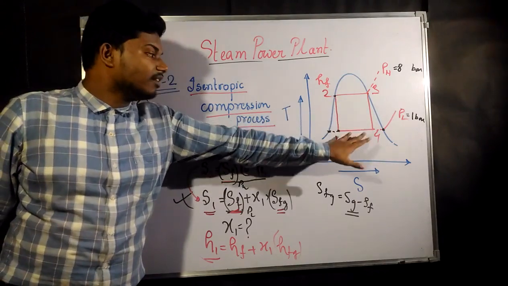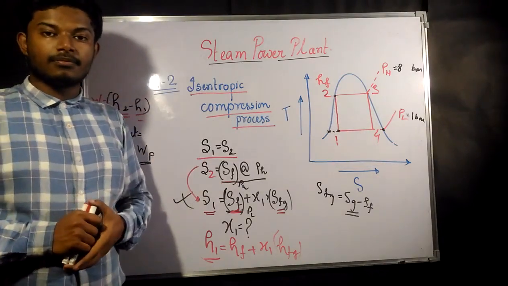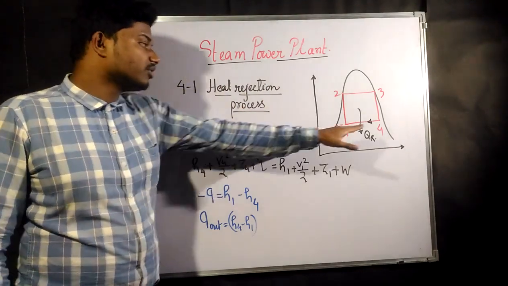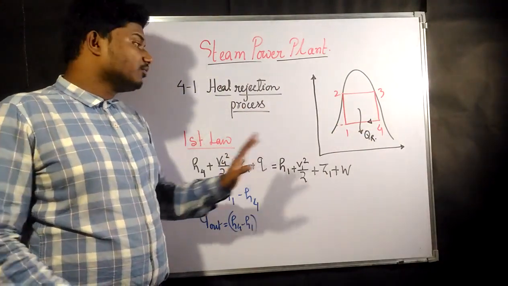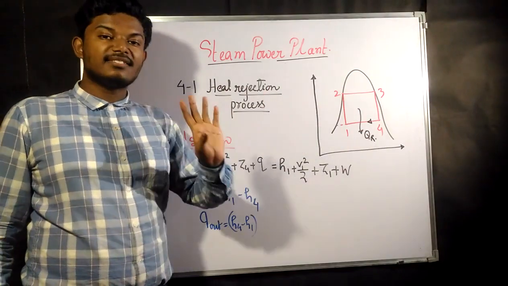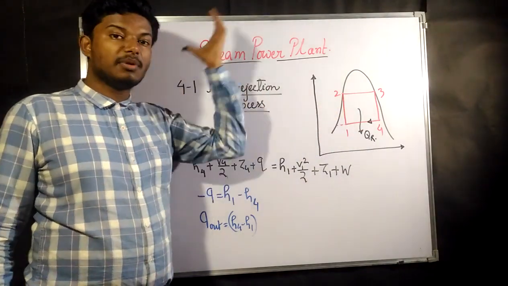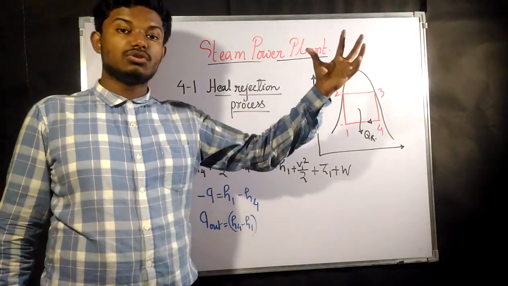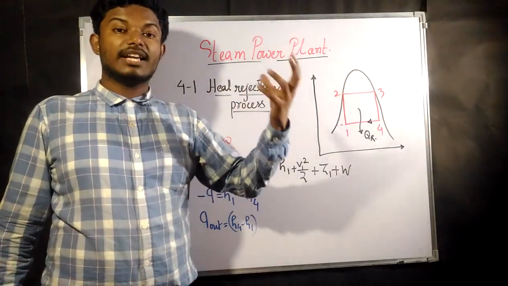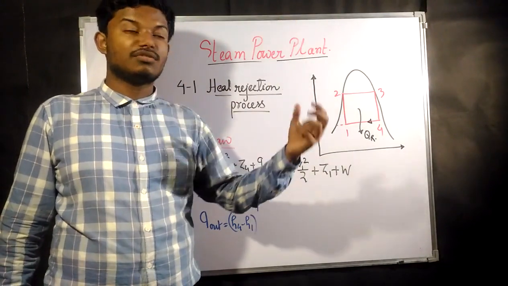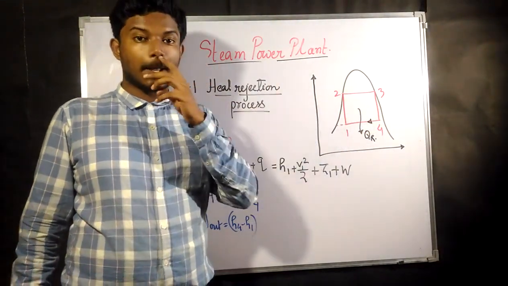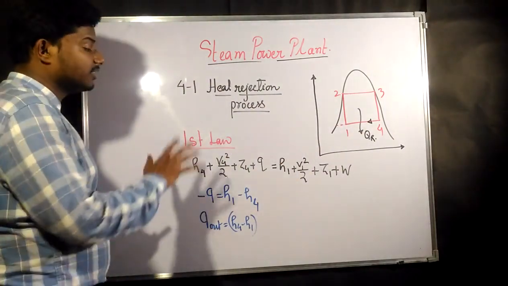Now we are going to find out the heat rejection process. Our next process is the heat rejection process, that means 4 to 1. 4 to 1 is nothing but a condenser. If you remember the diagram, for 4 to 1, the heat rejection process, there was a condenser. It used to convert the gaseous substance coming out of the turbine back into liquid. So this was the condenser.